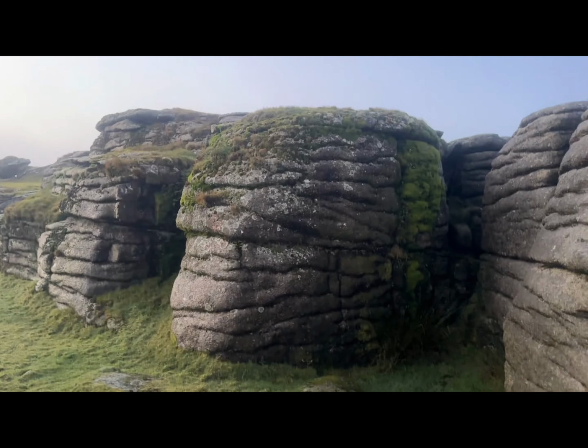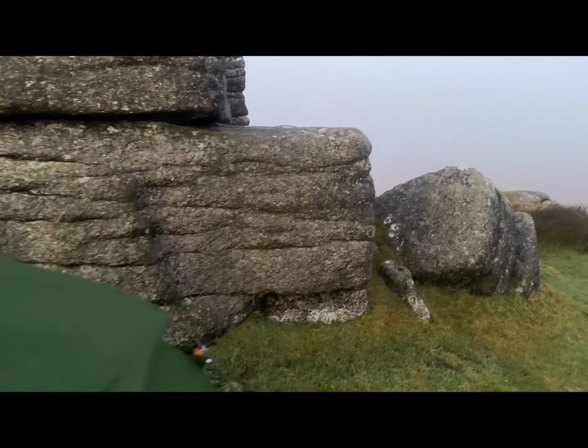So what I was just saying, with the shelter you get from the rocks here, if you literally just walk